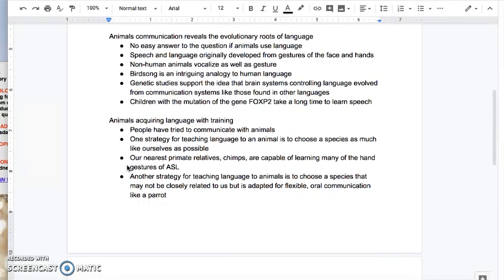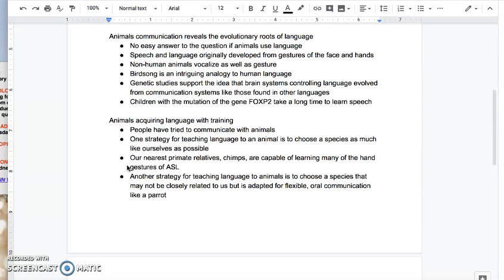The next thing we'll talk about is how animals communicate. Animals' communication reveals the evolutionary roots of language. So a lot of scientists ask the question if animals use language. There's no easy answer to this question, but speech and language originally developed from the gestures of the hands and face. So non-human animals vocalize as well as gesture, and one